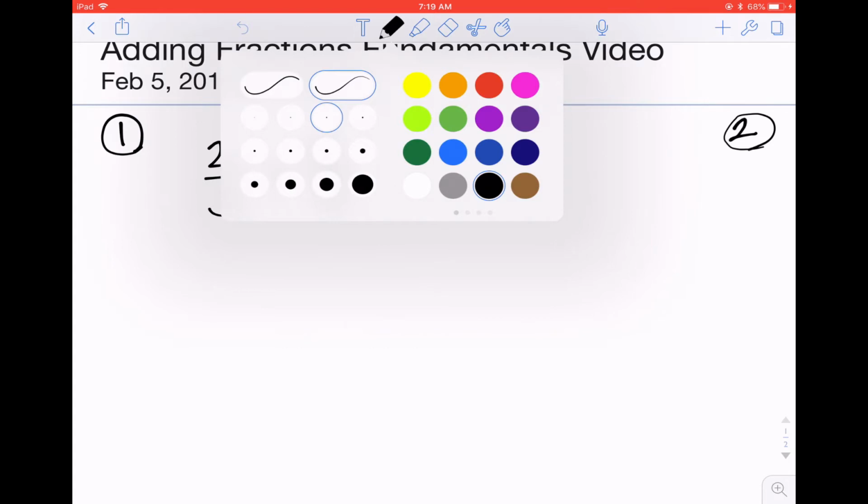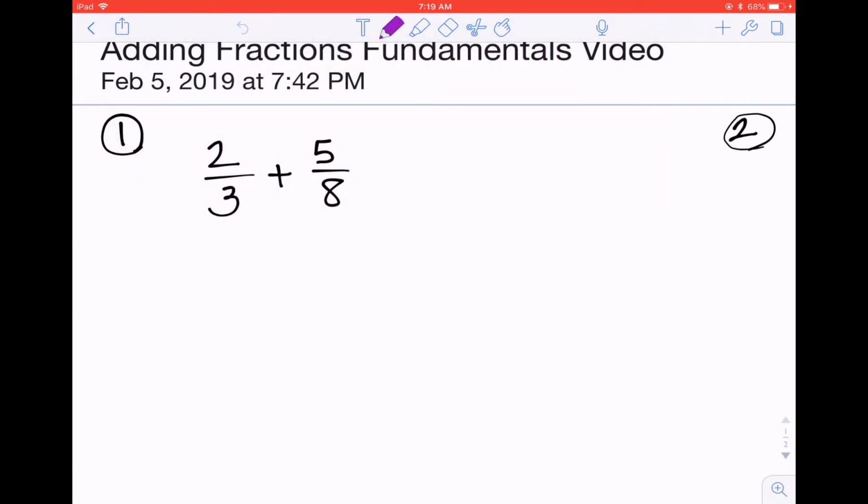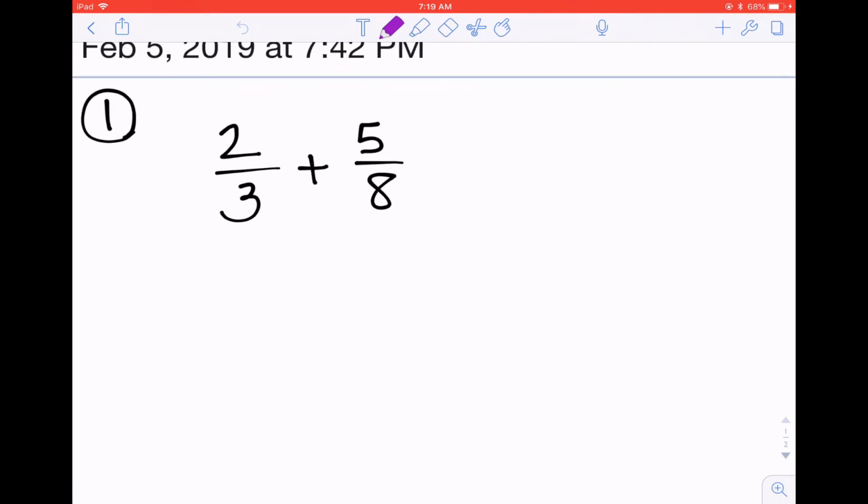In order to add these fractions, you want to go ahead and get common denominators. The least common denominator for 3 and 8 is 24. So we're going to multiply the first fraction by 8/8 and the second fraction by 3/3. Remember, we can do this because 8/8 and 3/3 both equal 1. And so that gives us